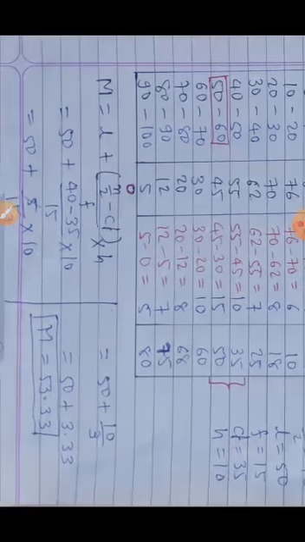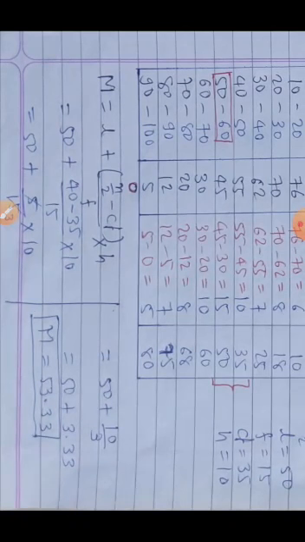So it is 1 by 3, meaning 10 by 3 after all. So 10 by 3 is converted into decimal form and added to the first term. So 50 plus 3.33, the answer is